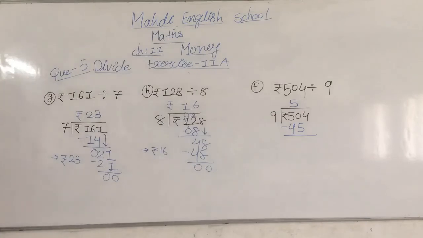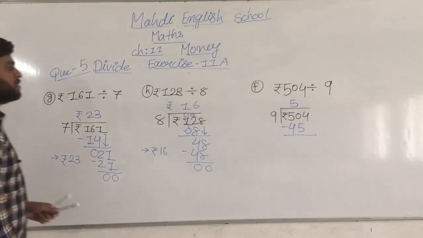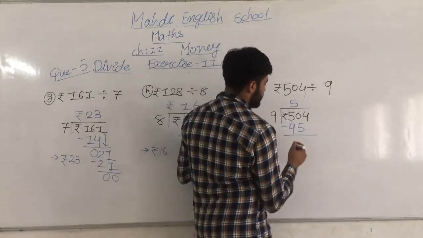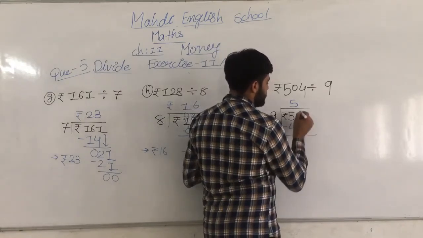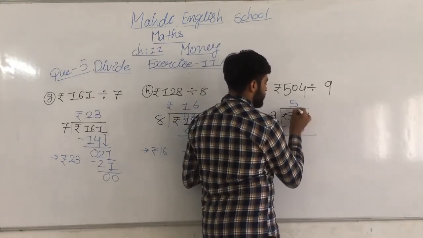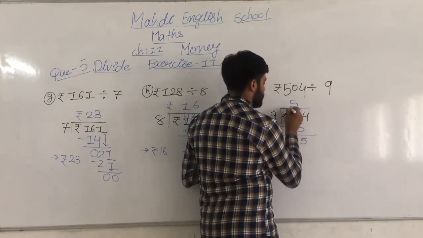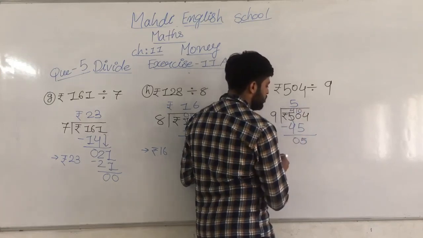You have to note down the answer. You have to do fast with me here. 5 9s are 45. Okay, so how many left over there? 0 minus 5, it is not possible. So take a borrow. 10 minus 5 is equal to 5. Then cut the 5 into a small. 4 minus 4 is equal to 0.